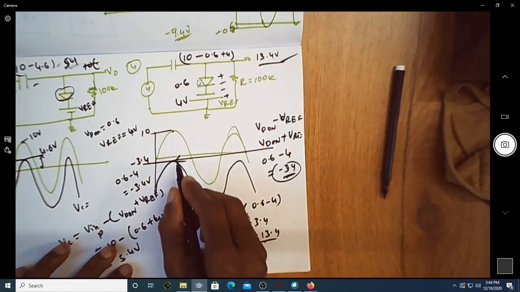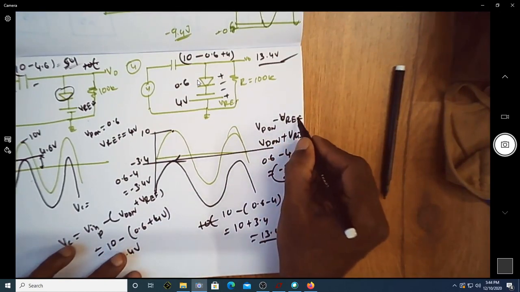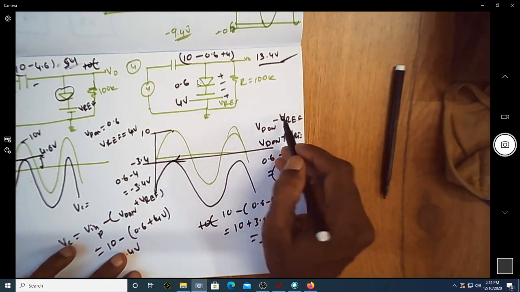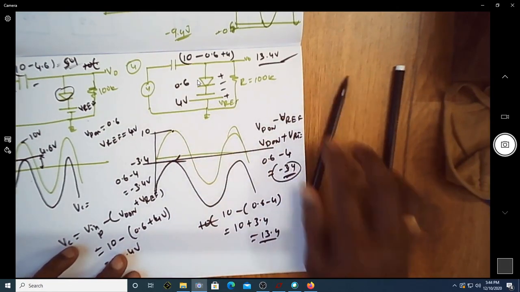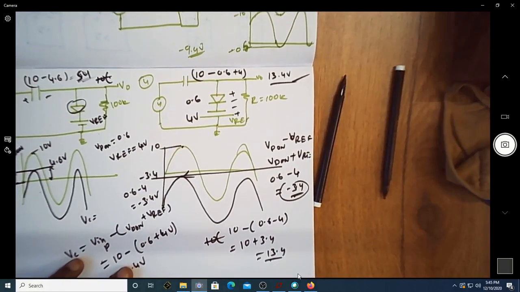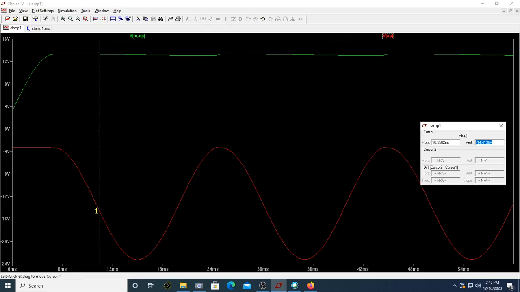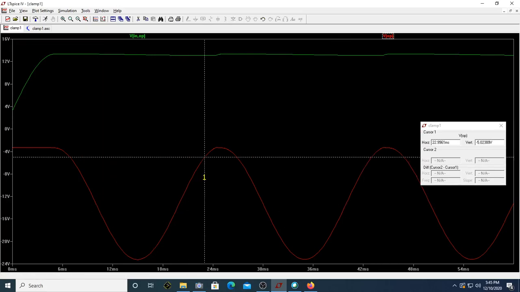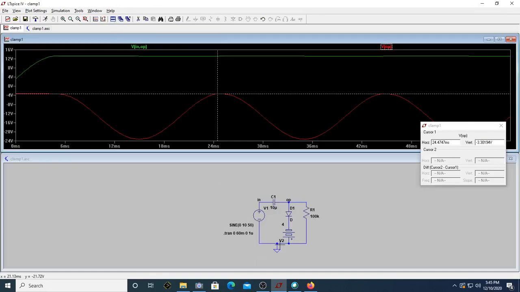So this is the voltage that you are actually getting here. Suppose you take it as VD on minus V reference, you simply substitute 4 volt itself. If you are writing it as plus V reference, substitute the entire negative voltage. That's what you can see here also. If you bring it onto this output, see where the positive peak is. The positive peak is almost at minus 3.4 volts, minus 3.3 volt. So this way we are able to get different voltages.